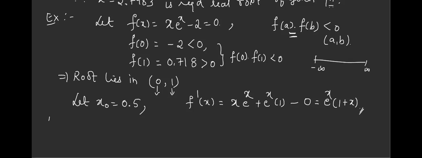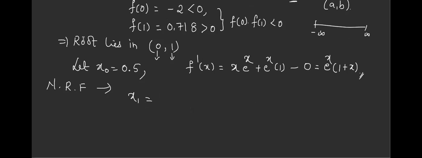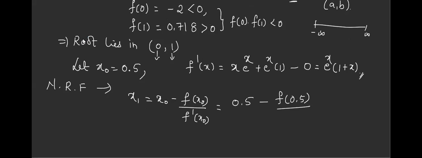Now, the Newton-Raphson formula, you know how to write it. Hope you have written it. Then, what is the x1 formula? x1 equals x0 minus f of x0 divided by f dash of x0. So x0 is 0.5 I'm taking. If you have taken 0.4, you take it. No problem, it is not compulsory. This is some initial value; anybody can start with any value, but it should be nearer. Then f dash of 0.5.